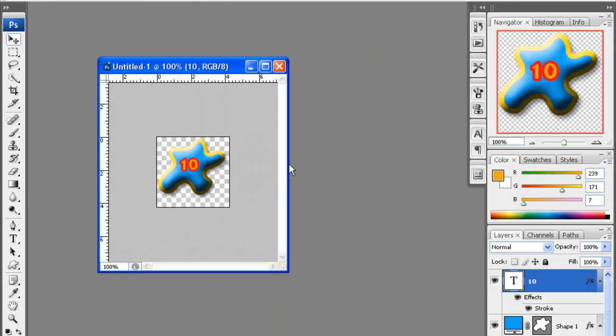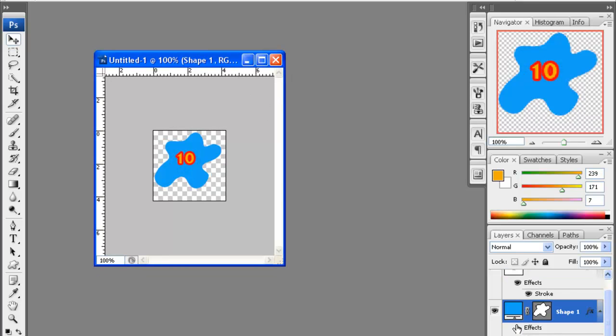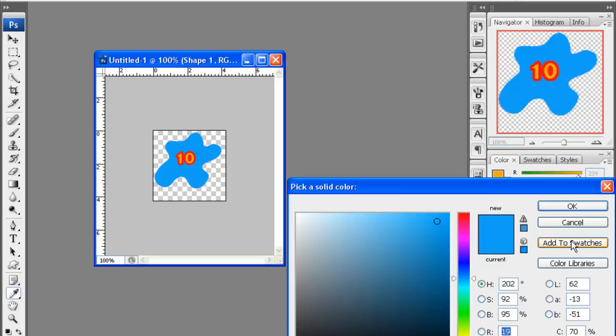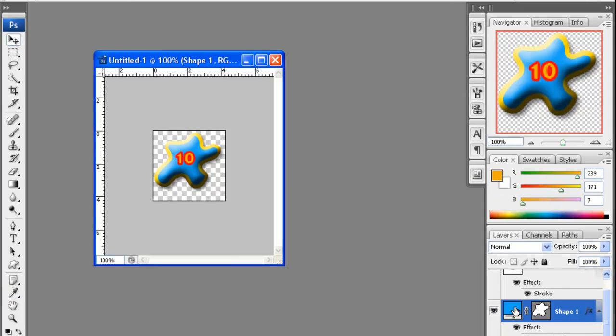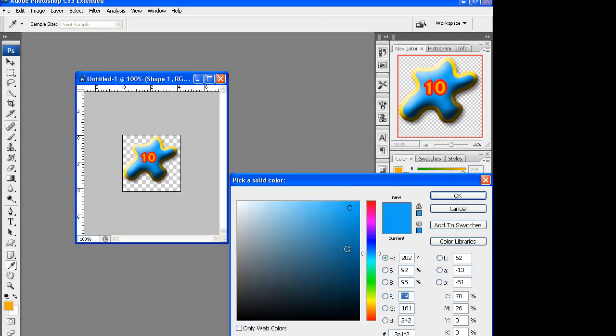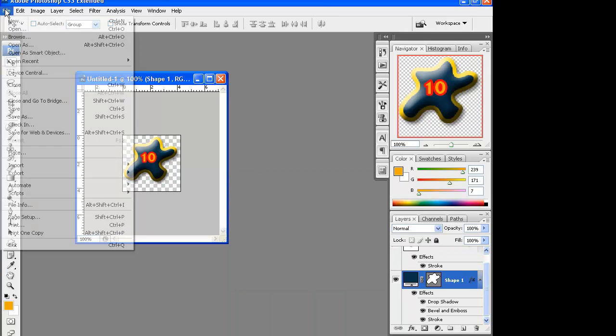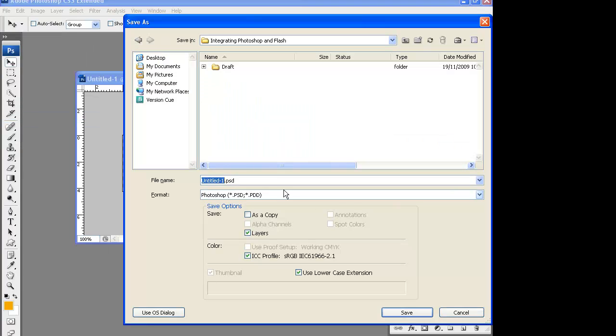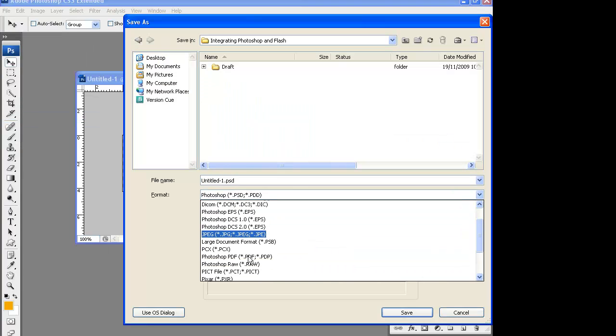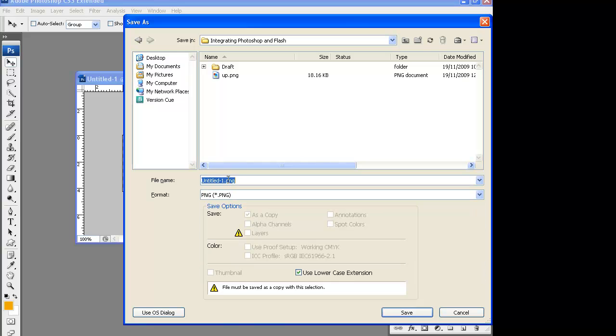So what we do now is to create the second button, but let's basically just change the color. I'm going to change the color to a darker shade when you move your mouse over, and then that becomes a PNG file called